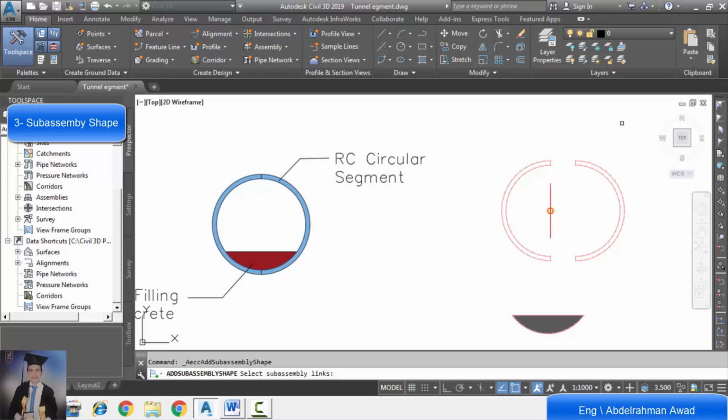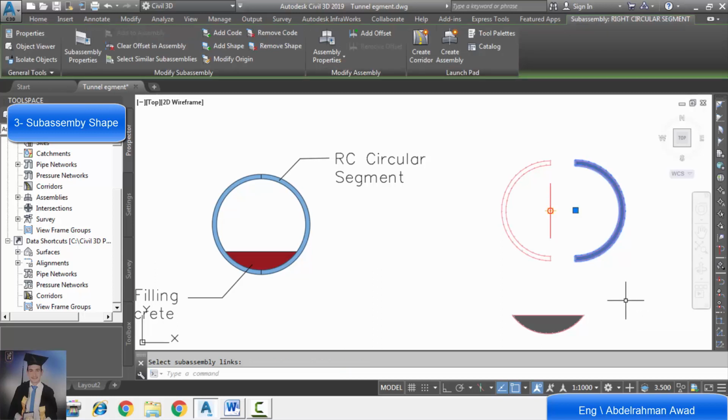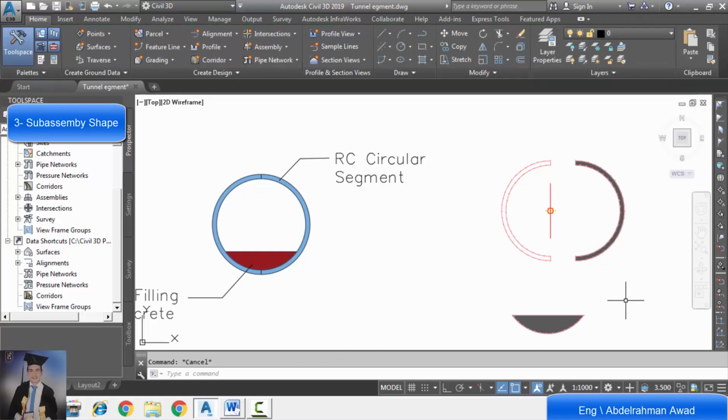The program wants us to select sub-assembly links, so we will select them by closed window. So we selected all the sub-assembly links. After finishing we click enter, click escape. We add a shape for right half.